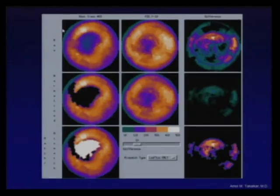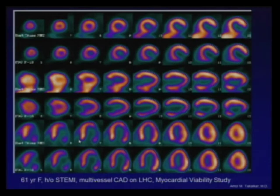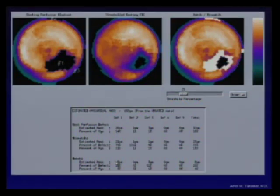Again, we can have similar patterns of reading with the same software. You can get how much is the viable tissue. So this is a 61-year-old patient with history of STEMI, multivessel CAD on left heart cath, myocardial viability study. This is FDG, this is the rest ammonia, and you can see that there is a defect at the inferolateral wall, distally near the apex, and the FDG is a little bit down as well, and you basically get this resting perfusion, but the FDG is smaller,